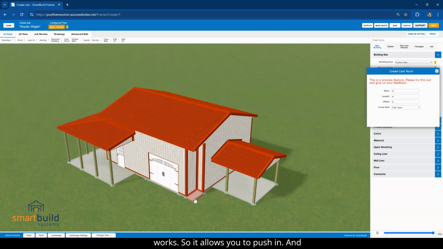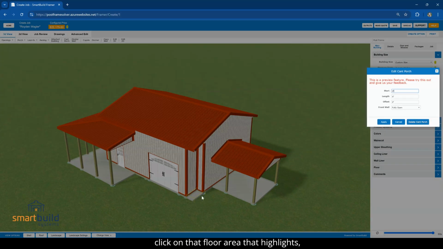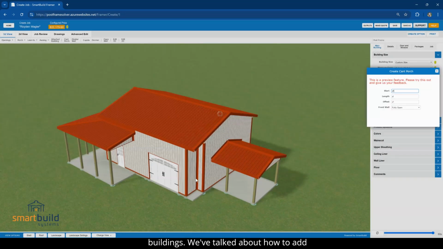So it allows you to push in. And if you want to delete a porch, simply click on that floor area that highlights, click delete porch. So just like that, we went through all of our attached buildings. We've talked about how to add them. And just like the way that we've deleted this camp porch, you can always delete any one of your porches